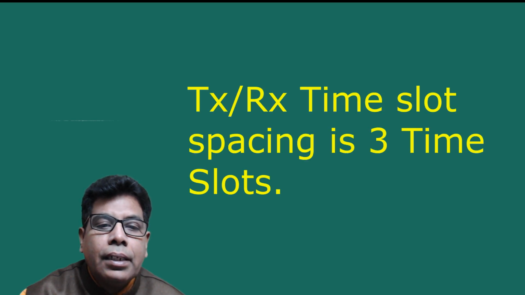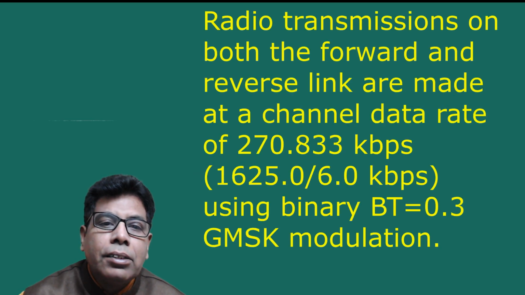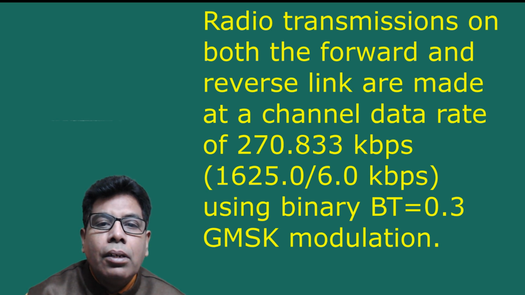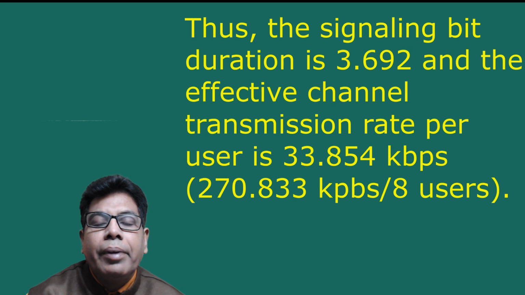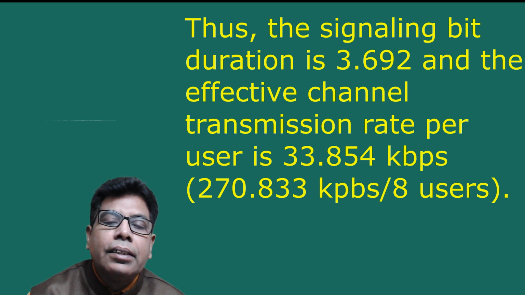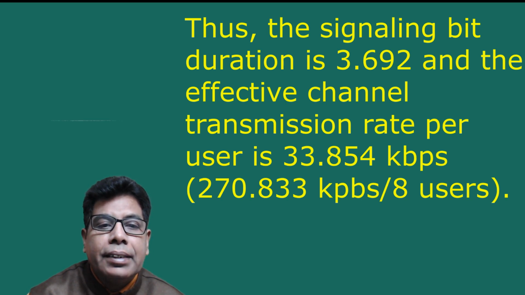Transmitter receiver time slot spacing is 3 time slots. Then radio transmission on both the forward and reverse links are made at a channel data rate of 270.833 kbps using binary BT equal to 0.3 GMSK, that is Gaussian minimum shift keying modulation. Thus the signaling bit duration is 3.692 microseconds and the effective channel transmission rate per user is 33.854 kbps, that is